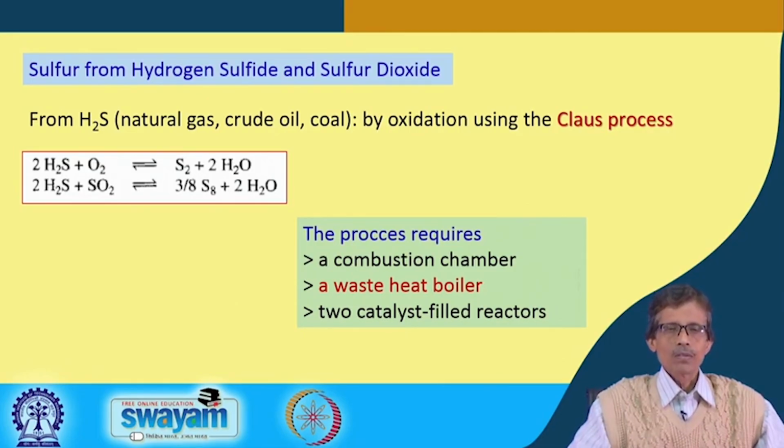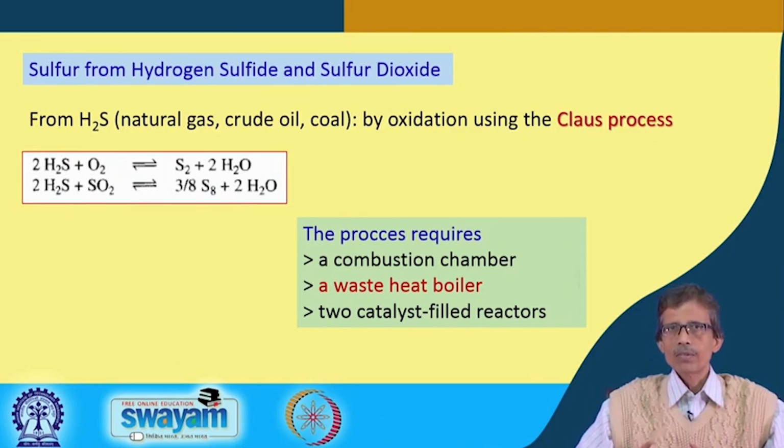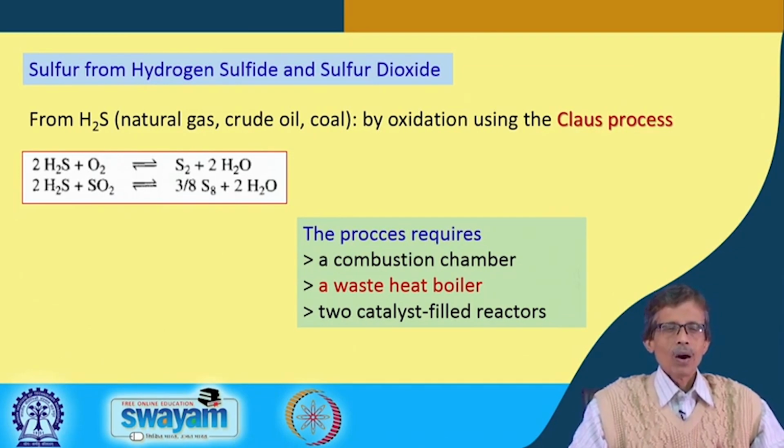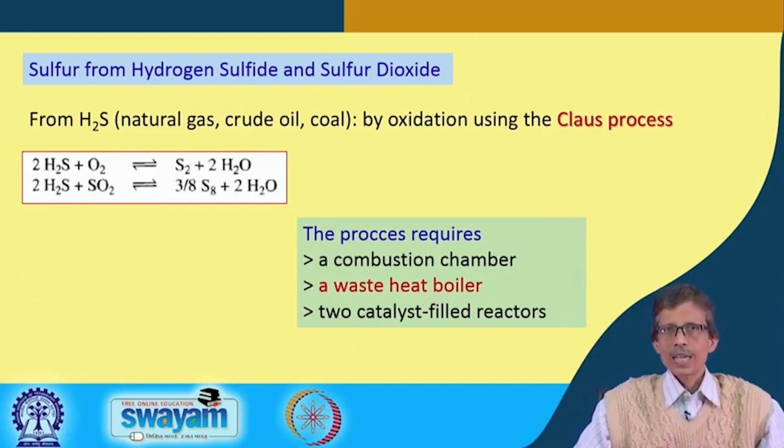And the second process is directly related to the two things that we wrote in the title: sulfur from both, that means sulfur from hydrogen sulfide as well as sulfur dioxide. So, there also, instead of using O2, we can use SO2 as the oxidizing agent. This SO2 can now disproportionate, or rather, the reverse of the disproportionation reaction,